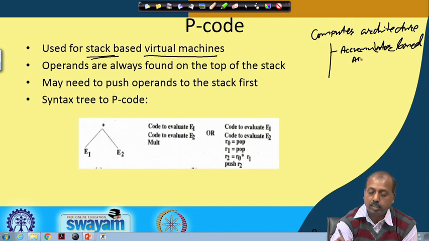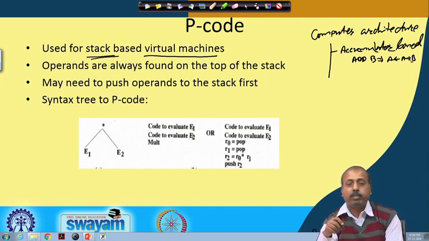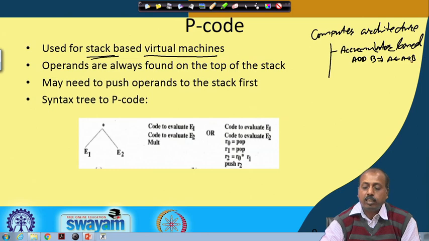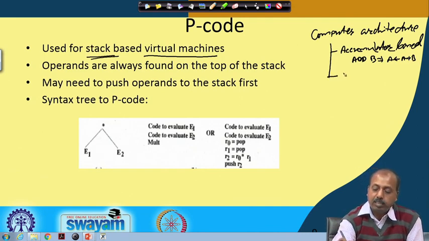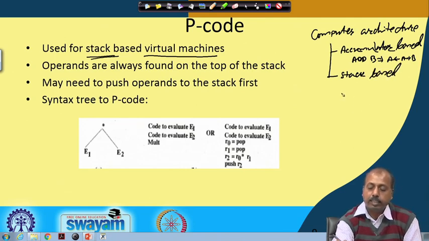Like you have instructions like add b, which will mean that the accumulator a will get a plus b. So, this accumulator becomes a very important register, and all the arithmetic logic operations have the accumulator as a part of it. On the other hand, stack based machines will assume that we do not have any such registers or things like that.